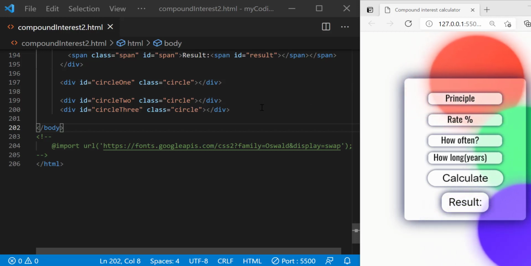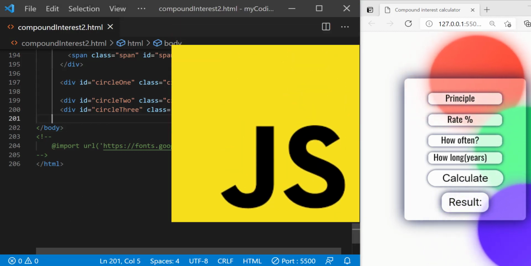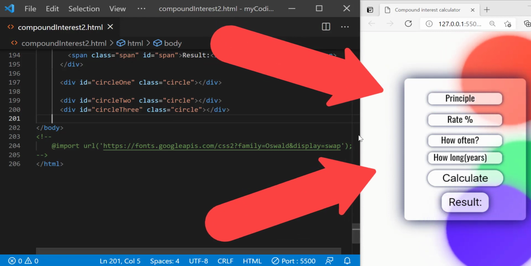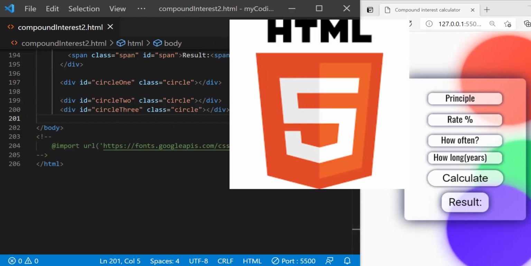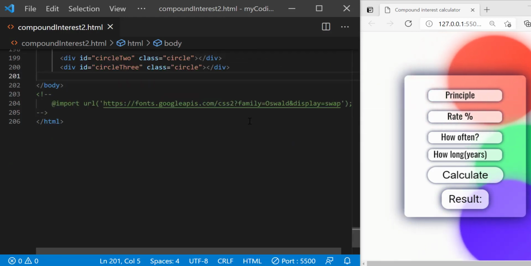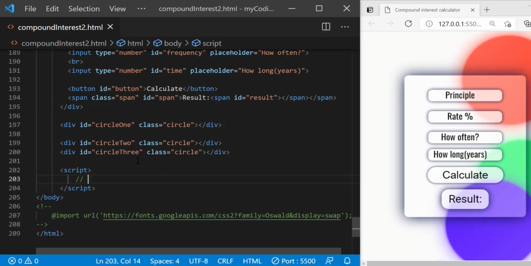So in this video today, as you may have seen from the title, we'll be writing a few lines of JavaScript for our compound interest calculator that we built from part 1. If you haven't seen that yet, you can go check it out for the HTML and CSS. So let's get started. I'll just create a script tag,